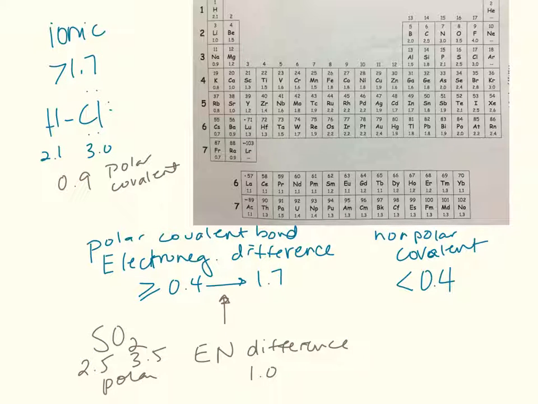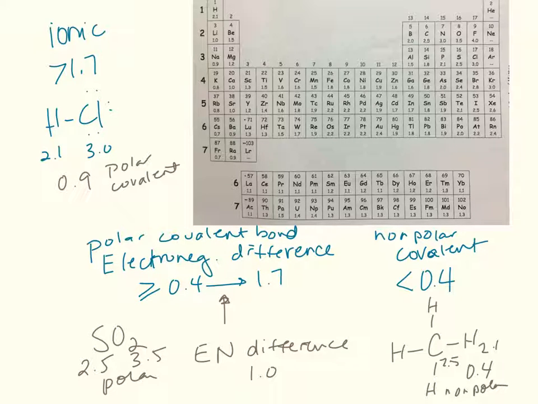All right, but if we wanted to look at carbon and hydrogen, so these bonds in here, right, this bond, carbon is 2.5 and hydrogen is 2.1, and the difference here is 0.4. This is usually classified as nonpolar. Now sometimes this has to do also with some other things in the atoms. It's called polarizability. We're not going to get into all that. I just want you guys to get used to looking at this and thinking about how electronegativity can affect what